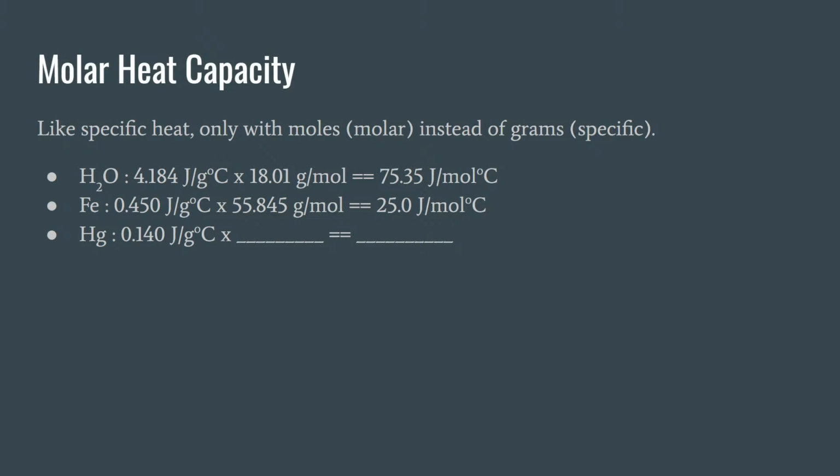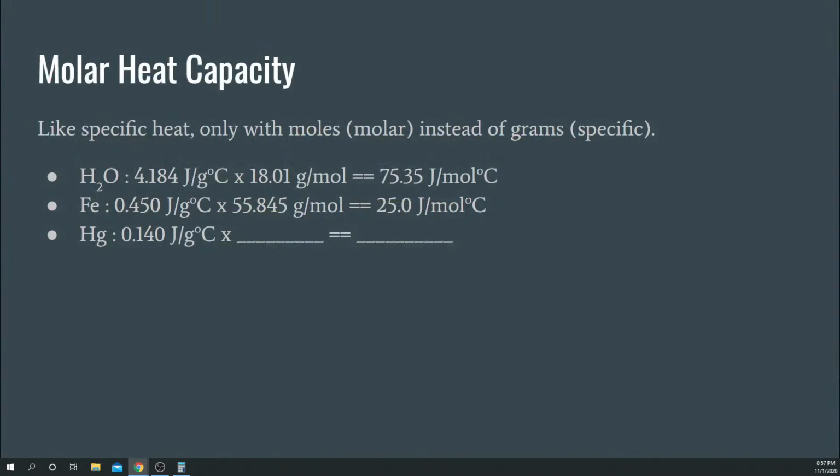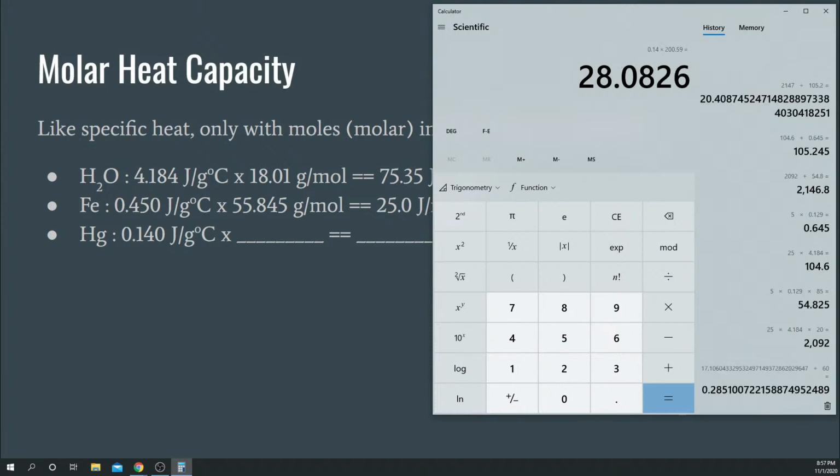Mercury has a specific heat capacity of 0.140 joules per gram degree Celsius, and it has a molar mass of 200.59 grams per mole. So I'm just going to bring up the calculator and do this math. 0.140 times 200.59 gives us a molar heat capacity of 28.083 joules per mole degree Celsius